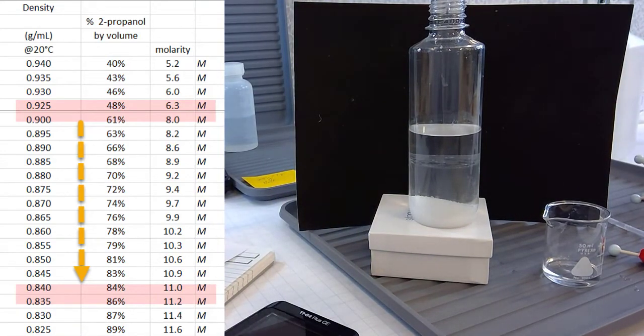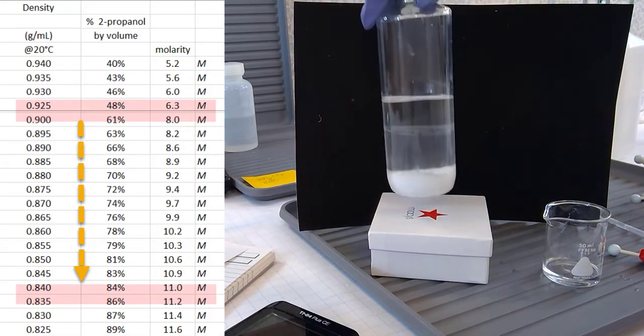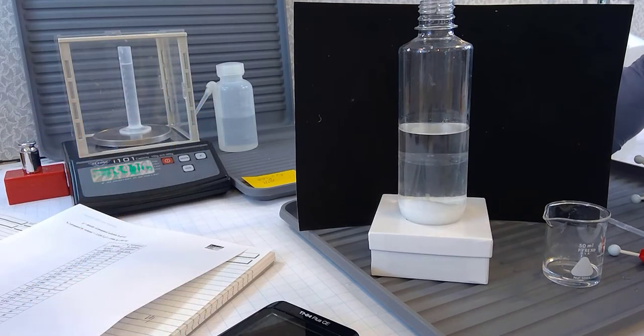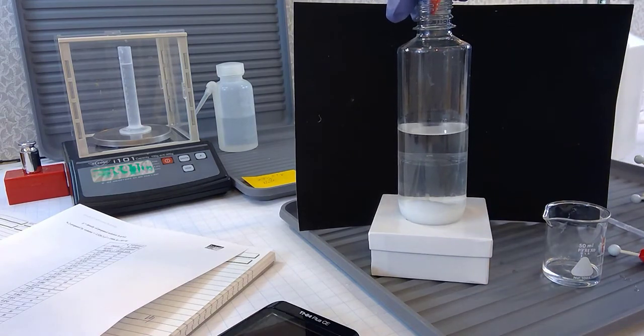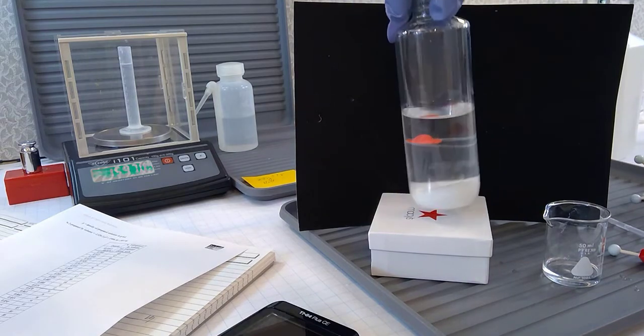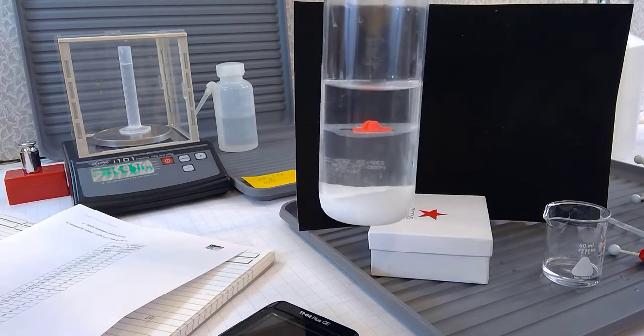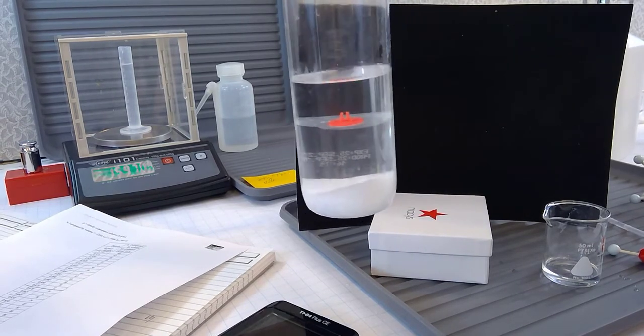I'm going to do a double check here. I've got a table, and I'm up to about 11 molar. So that's 11 molar propanol at the top, and then we've got our dense salt water solution at the bottom. Let's have a little bit of fun here. I'm going to drop in a whole piece of plastic, a little plastic boat. Voila! And there you can see the boat is floating on the dense salt water, and sinking